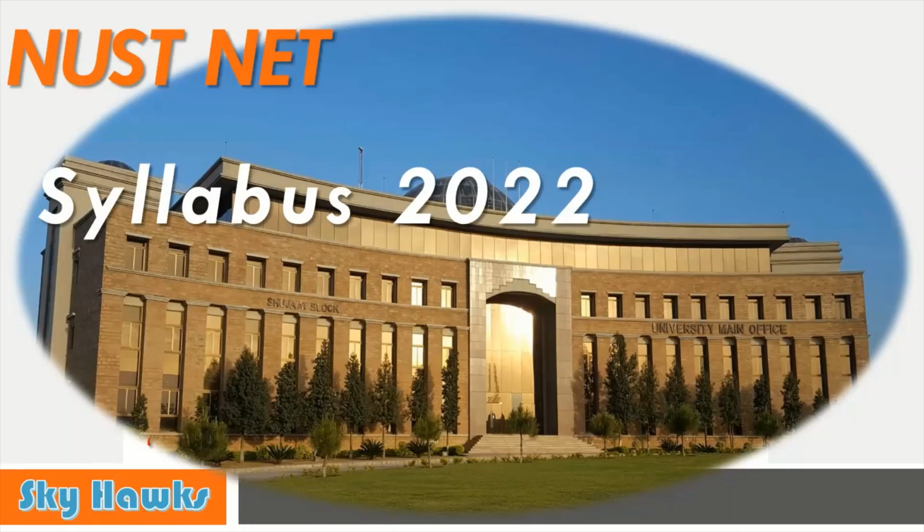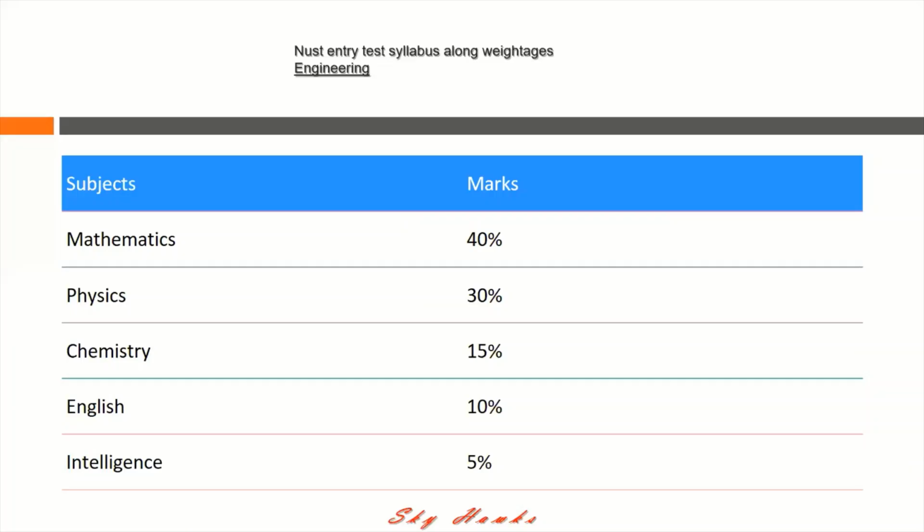Anyhow, so syllabus 2022. Although the syllabus is the same, there are some minor changes accordingly. So let's see, if you are interested in engineering, the weightage of mathematics is 40%. So this is all about the final merit weightage. So if you are interested in engineering, as you are saying that you have applied for this, have you applied for this? Okay, so you will have to focus on these